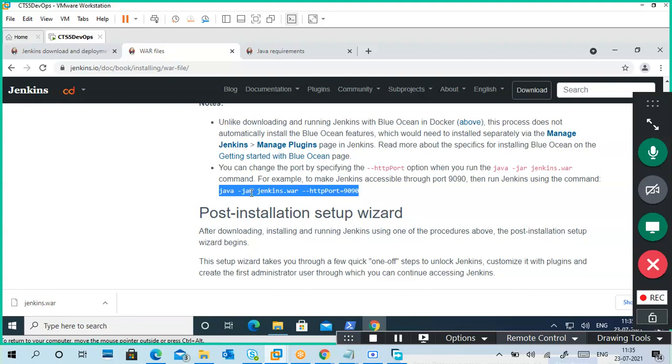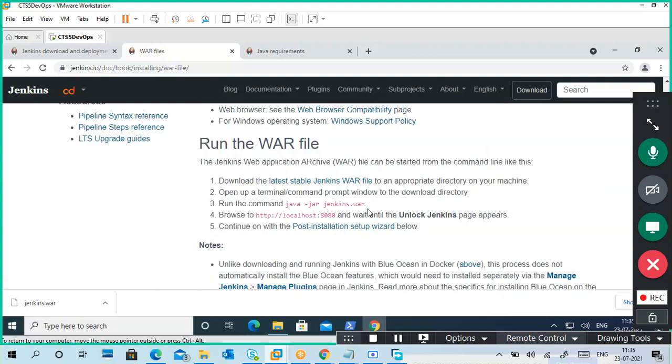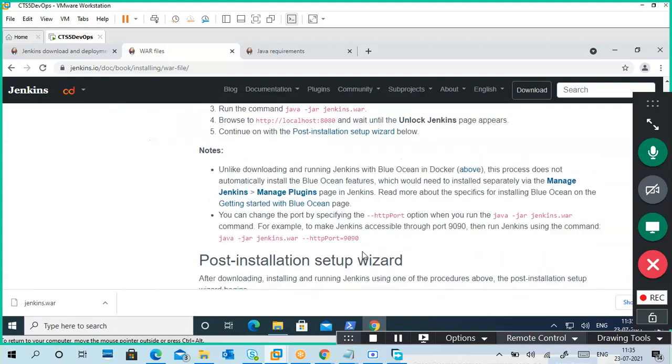The hyphen options are because it's an extractor, so it will run this Java file. HTTP port means I want to put this one on a different port. By default the port is 8080, but I don't want 8080 because I may use different kinds of services. So I will use the 9090 port number.